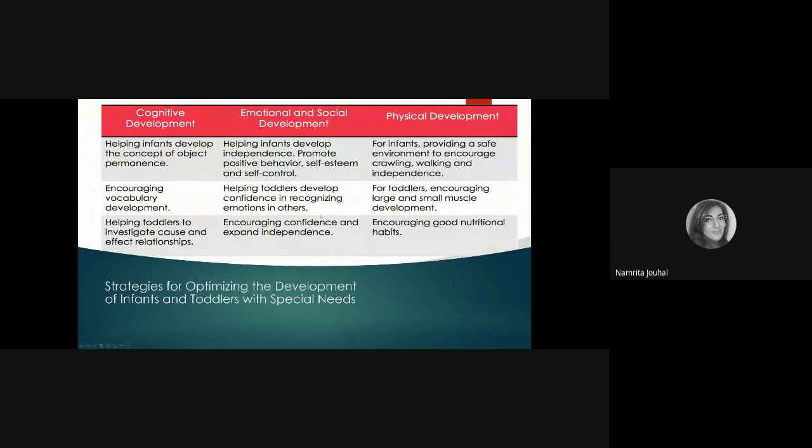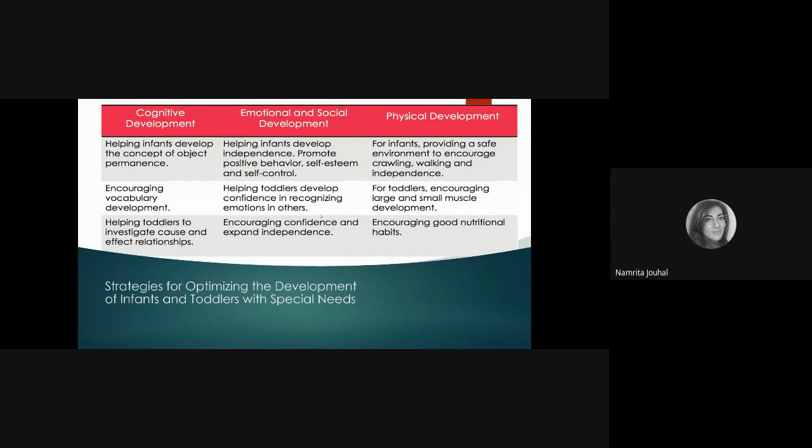So that would be whether you're strategizing for optimizing development for infants and toddlers with special needs, or they could be pre-primary, primary. You have to ensure cognitive development, emotional and social development, and physical development are all taken into account, and then you accordingly help. For example, vocabulary development with cognitive issues,